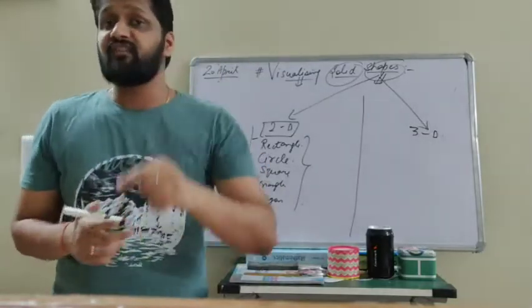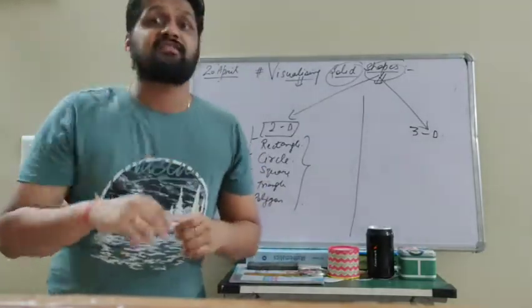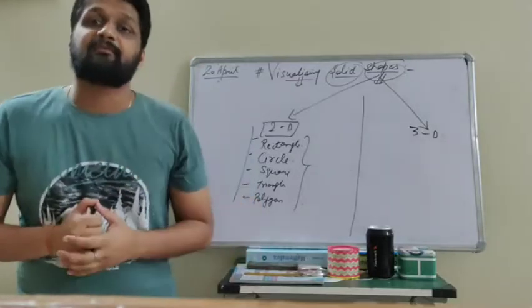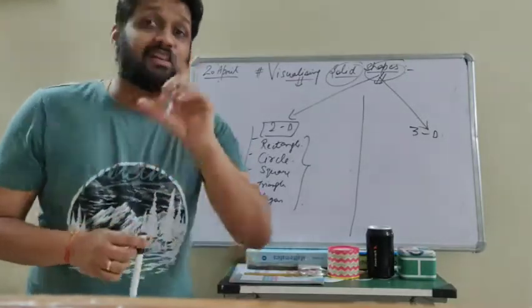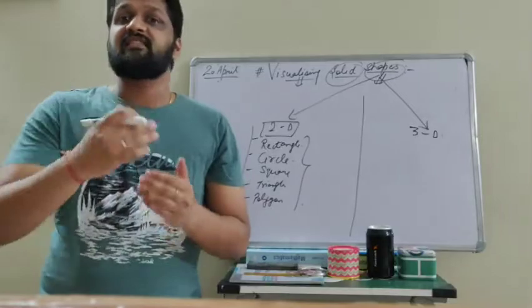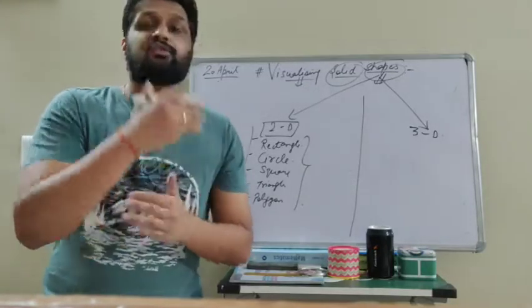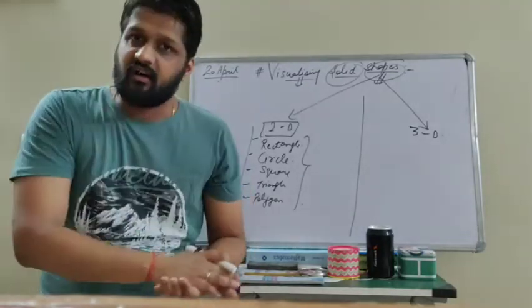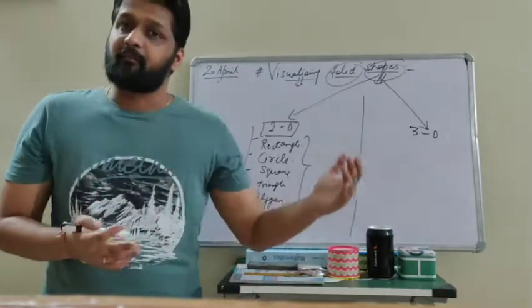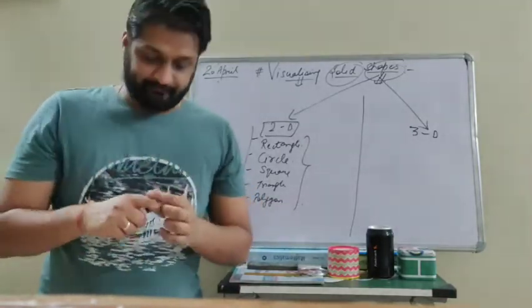But what happens in the 3D figures? We have to visualize the 3D figures. We cannot see them properly, we cannot see them directly, but we have to visualize each part. Each part means the top part is there, the bottom part is there, the front part is there, or the back part is there. I will let you know how.